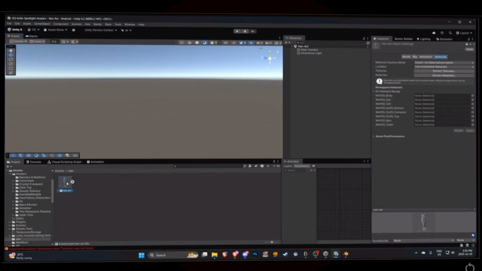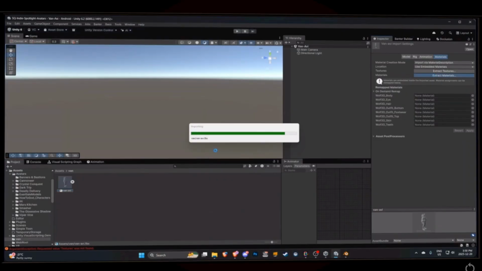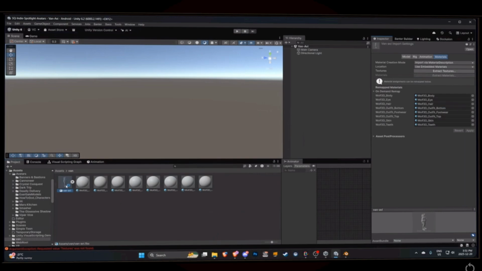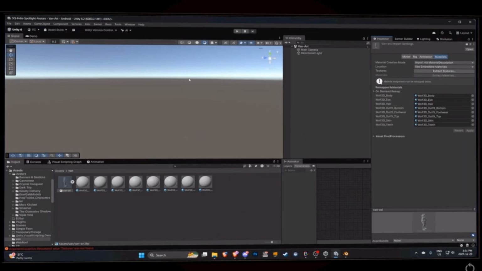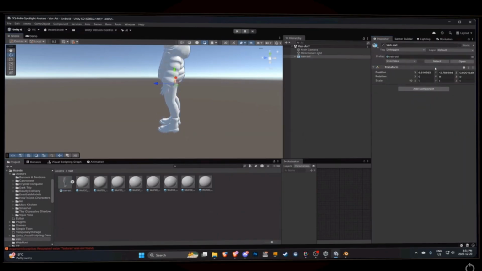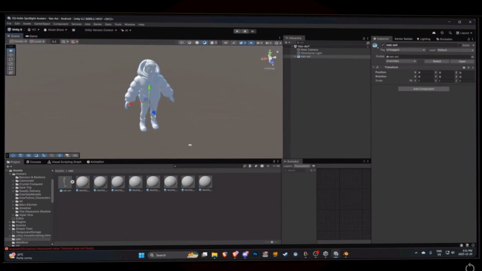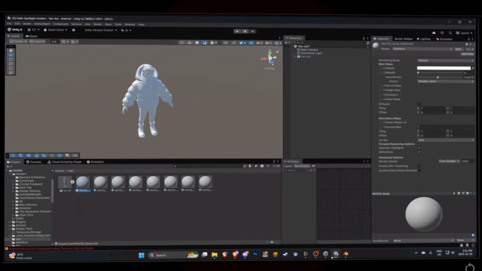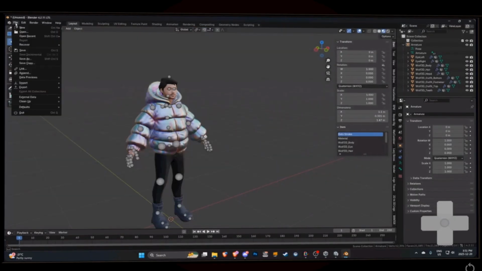So we have an avatar here. What we want to do is just extract the materials now. All here, and then also the textures, if it actually stuck around. No, it didn't. Okay, that's fine. We will put this in, put it anywhere you want. Now let's fix all these textures. So you could export them directly from Blender. So you put external data, and you could